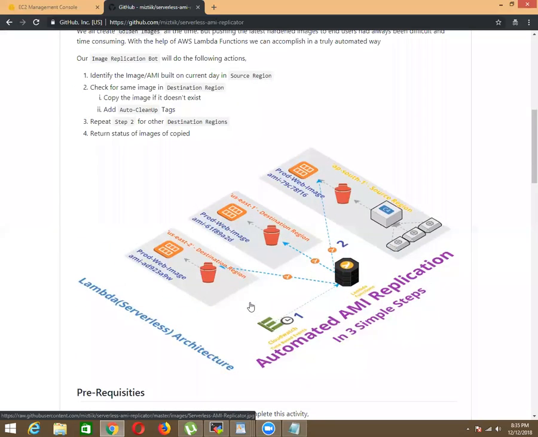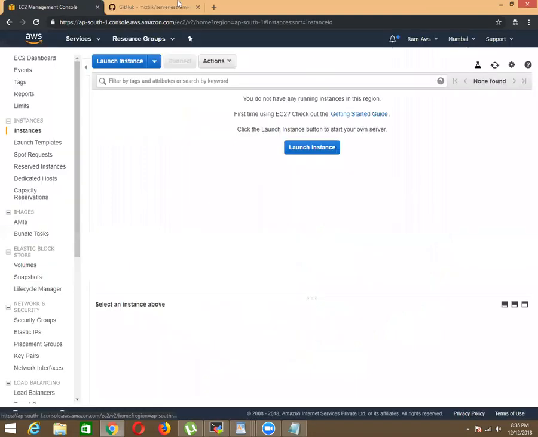This process is done automatically. Lambda is a serverless feature, with no server-side technologies integrated. You don't need a server to run your code; you can attach any type of code and it is ready to process. In this example, I have AP South 1, the Mumbai region, and